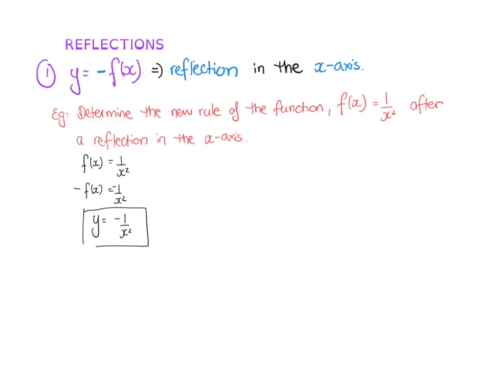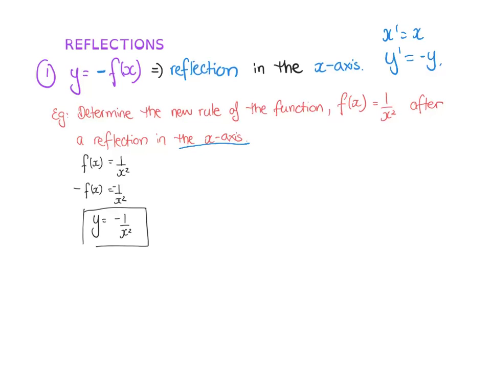The last transformations we're going to look at are the reflections. If you have a reflection in the x-axis, the image of x will be the same, but the image of y will be a negative y value. Determine the rule for the function f of x equals 1 over x squared after a reflection in the